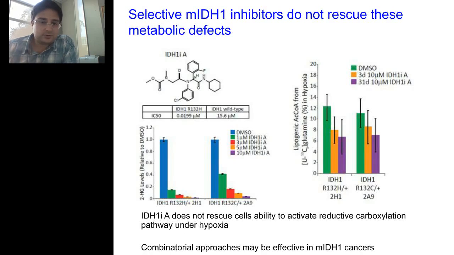Interestingly, we also wanted to address whether inhibition of mutant activity was able to rescue this phenotype. So we used an available IDH1 mutant inhibitor and saw a pronounced decrease in 2-HG levels, but saw that this failed to rescue the ability of these cells to catalyze the reductive carboxylation reaction. So we saw no rescue or no increase